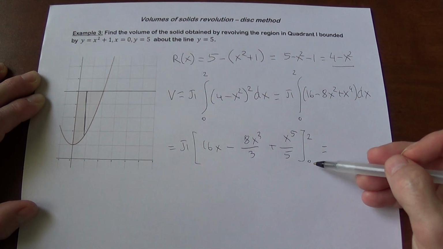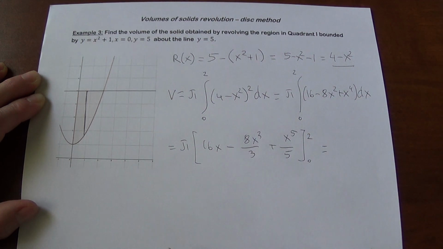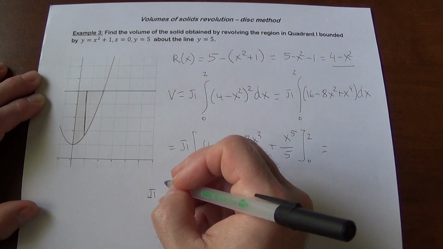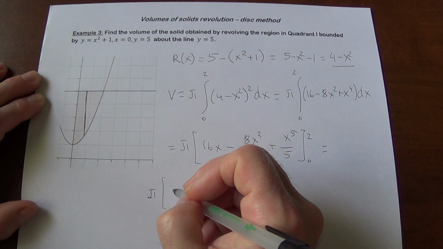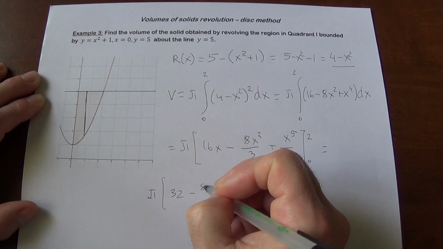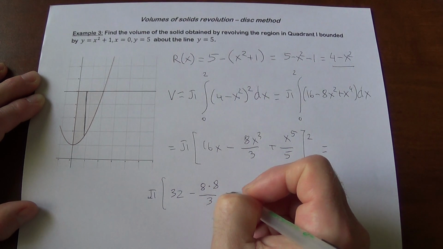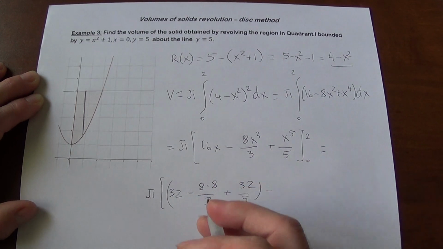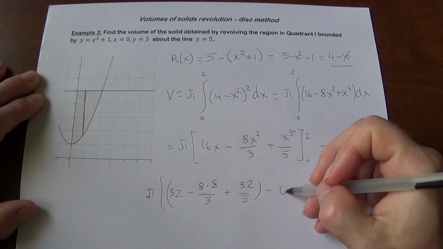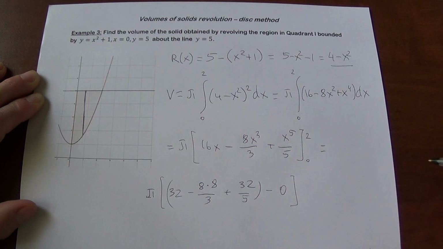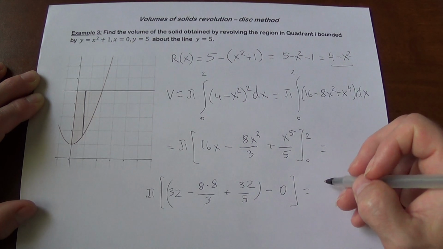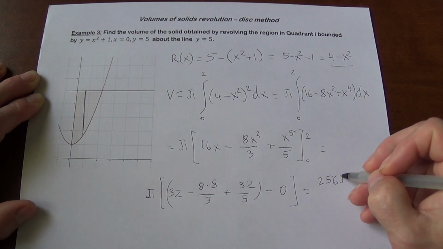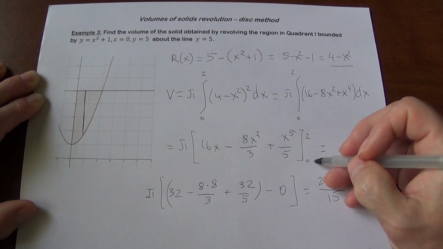Substitute that, with one of the limits being 0 and that being a polynomial function, it makes it a little bit nicer. So it's going to be pi. First we substitute 2. It's going to be 32 minus 8 times 8 over 3 plus 32 over 5. I know we're going to get 0 for the other limit, but I am going to write that. I just want to make sure that we don't forget that there's another limit that we still have to substitute. Okay, and after doing all the arithmetic here, you're going to end up with 256 pi over 15,